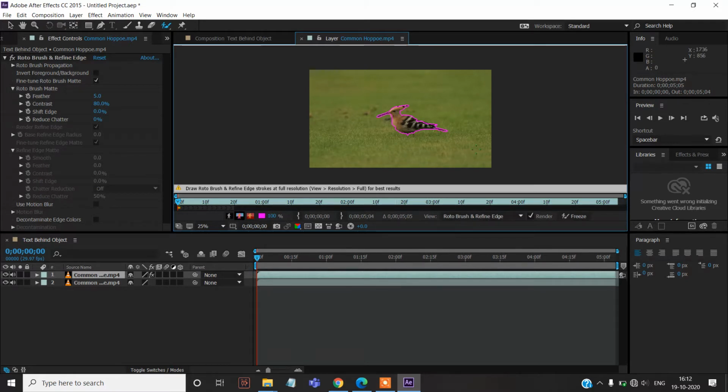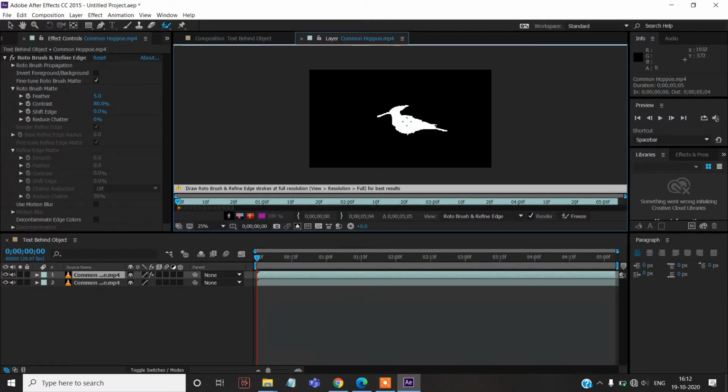See this red. If you press Alt and try to remove it, you can remove the excess portion. Oops, we have to fix this. So this is done. I think the bird has been marked clearly.